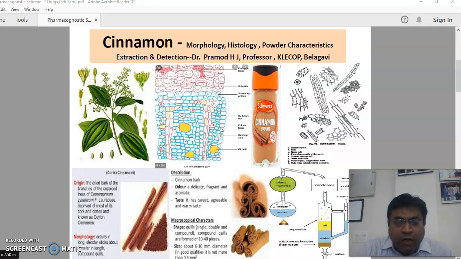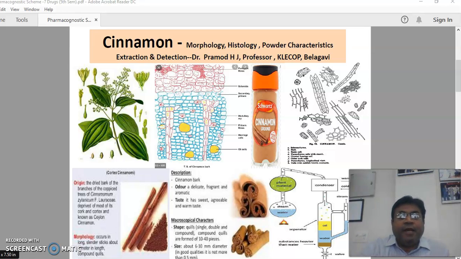That is what the standard characters of this particular drug usually represent. We have a lot of different brands commercially available, that is cinnamon, ground, from various companies. You can find this type of cinnamon available in the market, especially in different varieties, that is the Indian cinnamon as well as the Ceylon cinnamon.